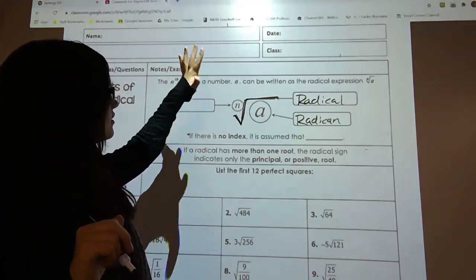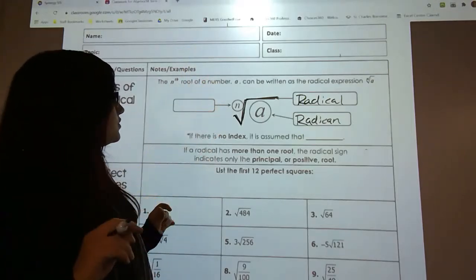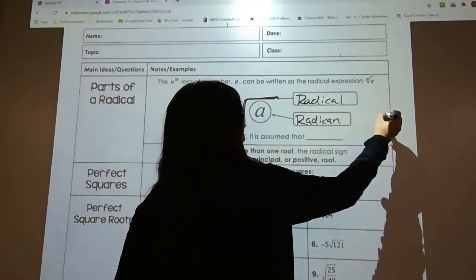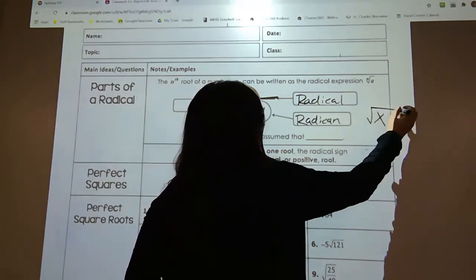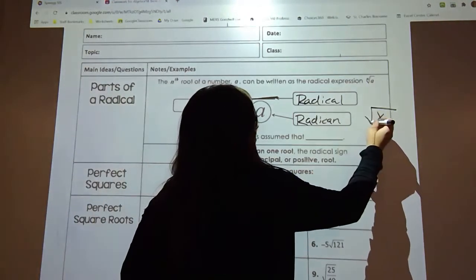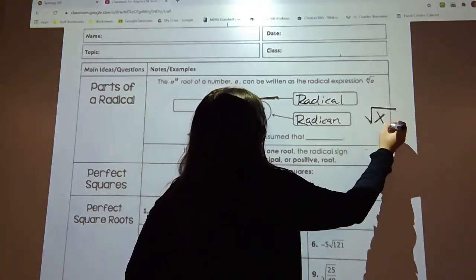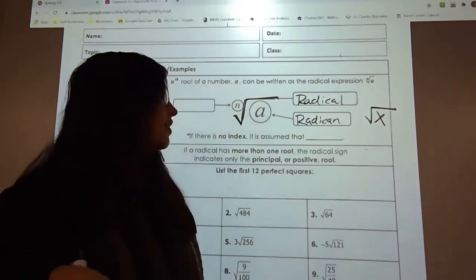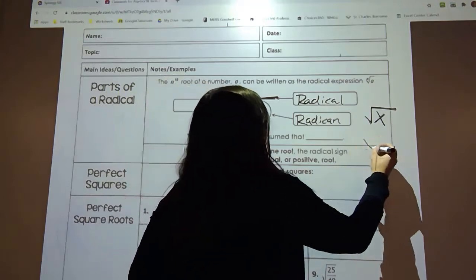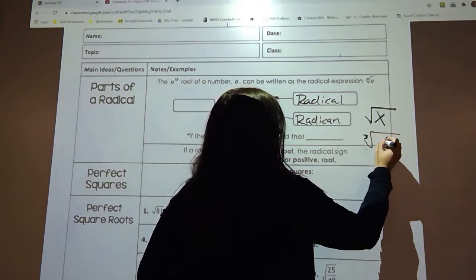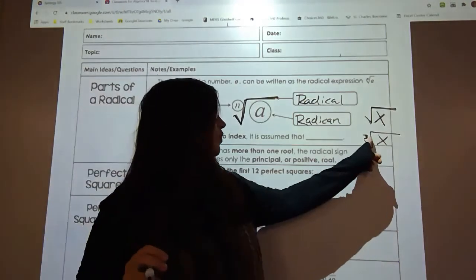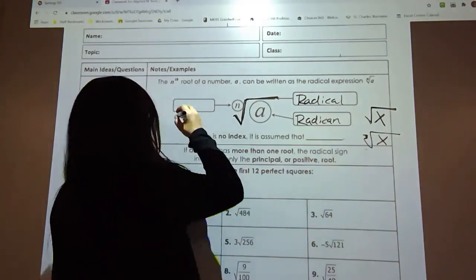And then there's another part to a radical that you may or may not see, okay? So before I showed you the square root of x, okay? And so you have the radical, and then you have the number inside of there, or the value inside of there. There's a possibility that you might see something like this, okay? And what does that little 3 mean? Well, we call that number the index,